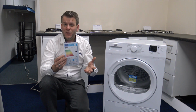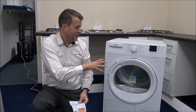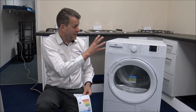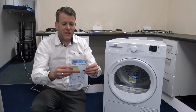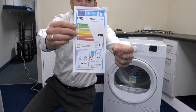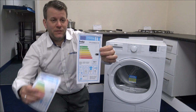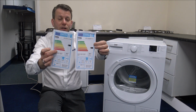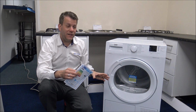So as I say, it might not mean a lot, but just to show you the equivalent model, this is an 8 kilogram condenser. There is an equivalent model in the Beko range, exactly the same as this, but without the heat pump technology. And this is the energy label for that one. As you can see, it's a B rating, so you might think that's okay, but at 561 kilowatt hours per annum, it is a big difference to the heat pump at 297. So if it is something that is important to you, things like energy consumption, then I'd certainly consider